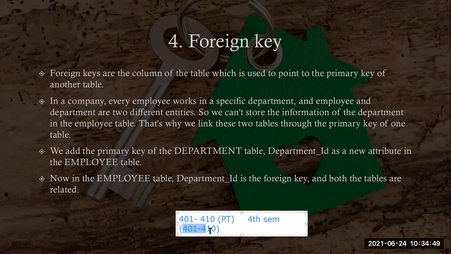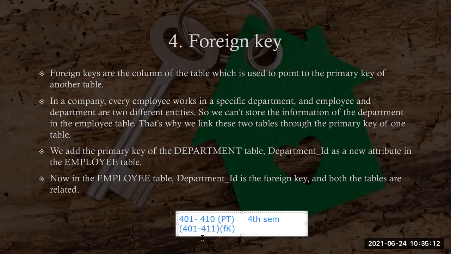And when you come to this USN, you have to say that it is FK, which is a foreign key. Then when you take only these values, it will accept. Assume that I say 411 also. I have included 411. But it will show an error.